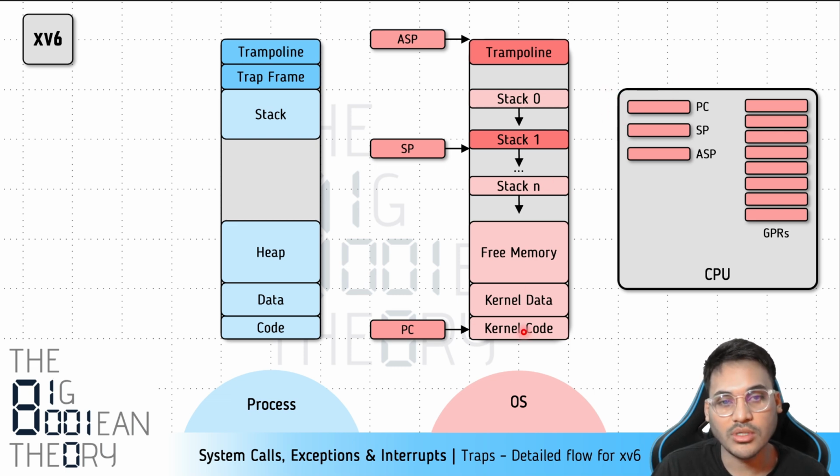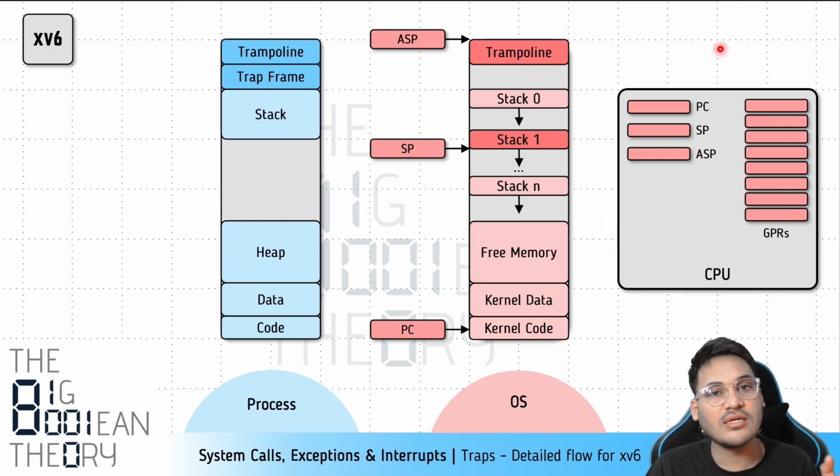You can see the program counter, this is the address space pointer, and the stack that is being used for execution is one of the multiple stacks that are part of the kernel address space, right? And this is the state of the GPRs. As the kernel is executing, the values of the GPRs are changing. So this is now the current state of execution, and just by switching the values in the registers, we can